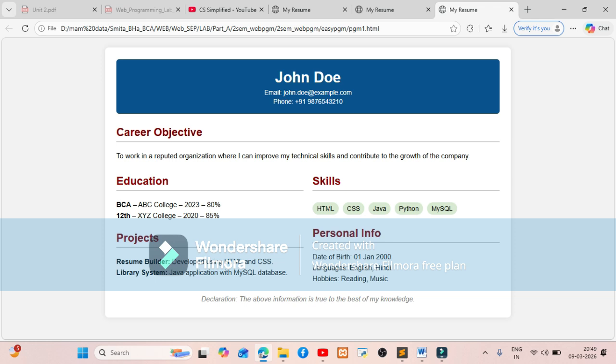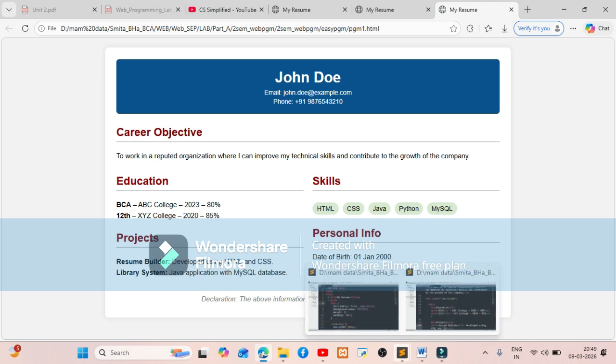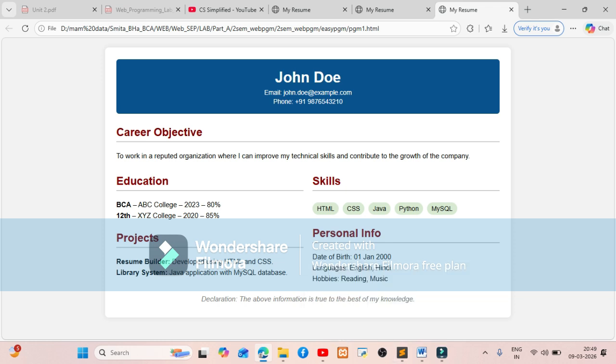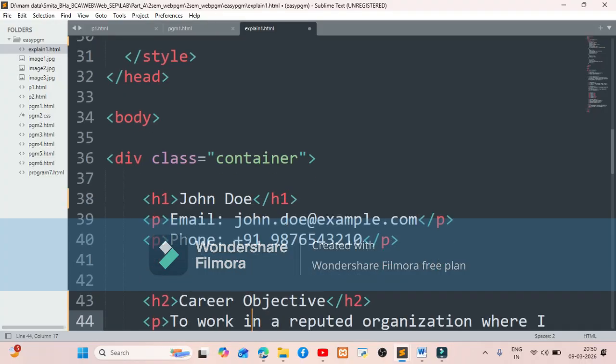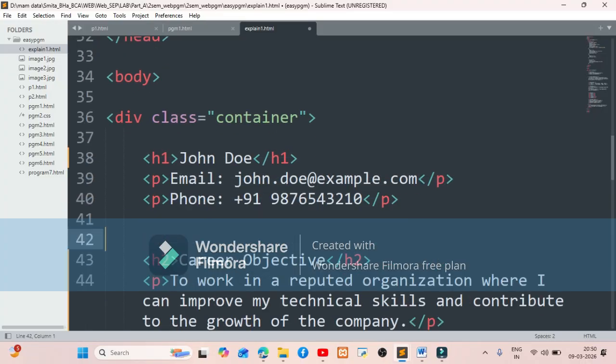The moment I say group, that means we are going to use a div tag, and let us give a class name to our div tag. So let us add the div tag for this information. So where are we going to add this div tag? After this H1, or in other words, just before the first H2.